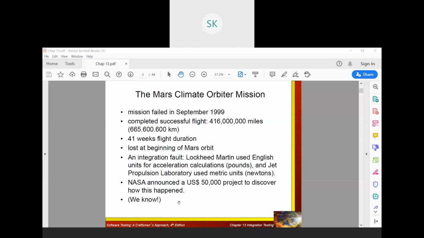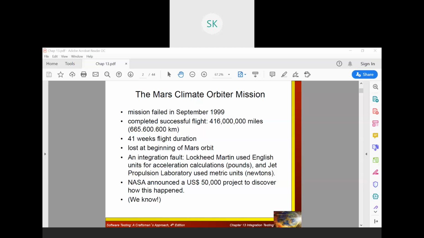Now, what conclusion can we come to? Whoever has designed a different particular scenario, once you want to make it a single unit, you need to check the compatibility of each one. If the compatibility is not matching, then it will always be a failure. That's what happened with the Mars Climate Orbiter mission. That mission was to check how the climate would be on Mars and whether human beings can live on Mars or not. To check that, they initiated a mission.